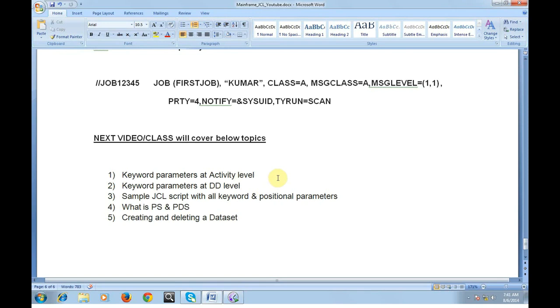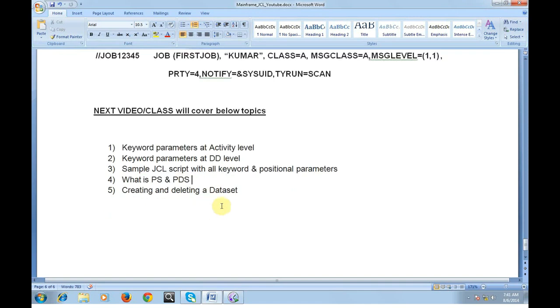And in order to write a JCL, we need to understand what a PS is and what a PDS is, as you will come across these words more and more. After completing this, we will learn about creating and deleting datasets.